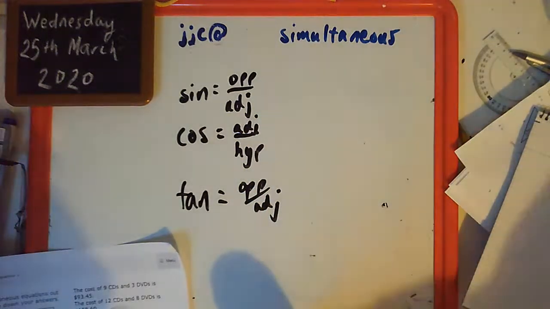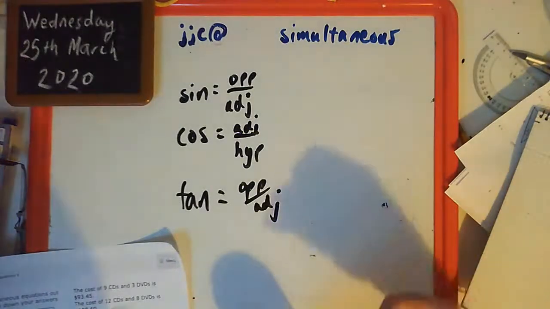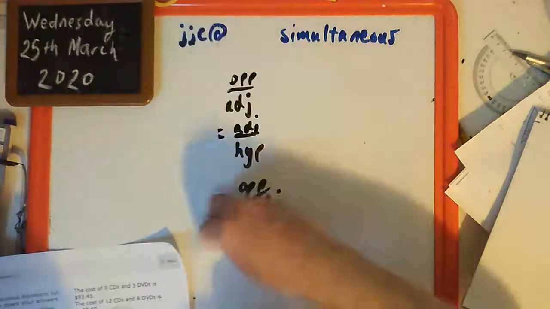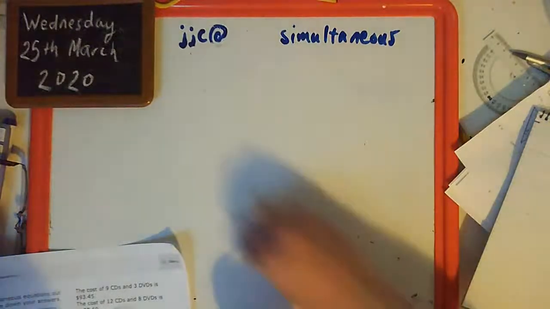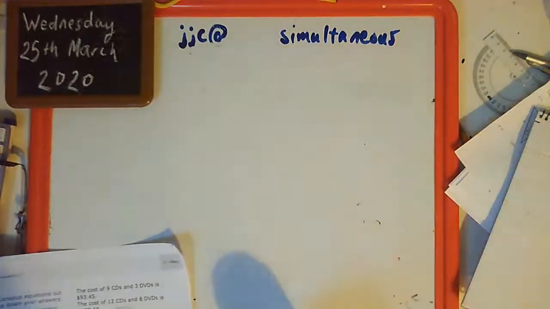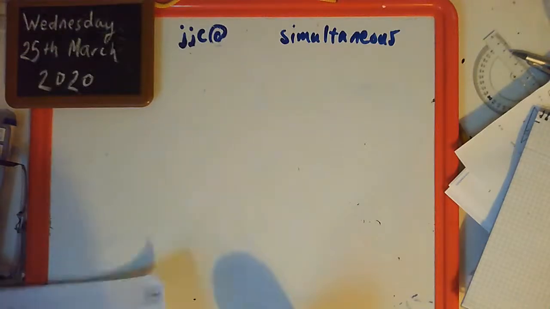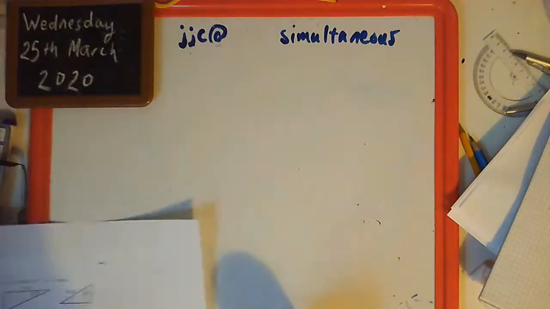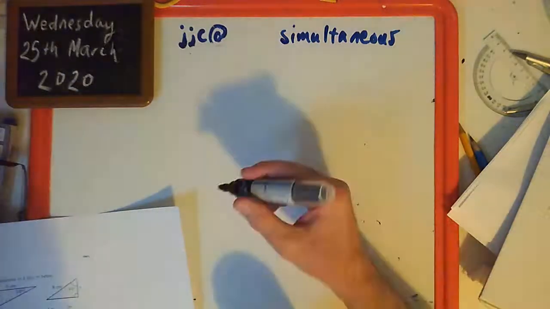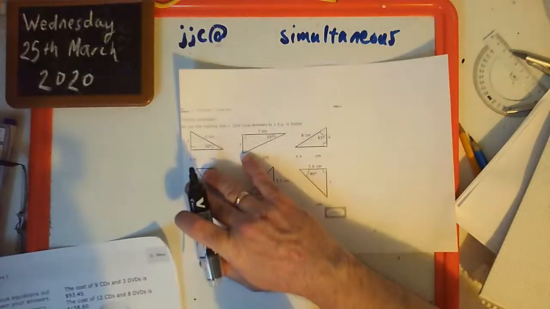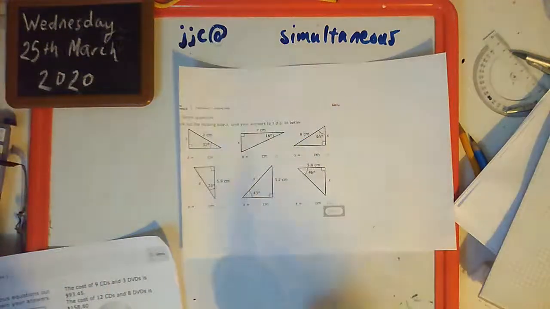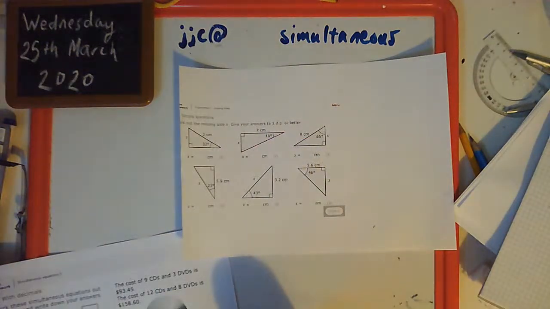adjacent. So if you happen to be younger than MYP4 watching this, then do a search for trigonometry on my YouTube channel, and you'll see 3 videos that explain it much more slowly from the start, and then you can get an idea of what on earth I'm actually talking about here. But this video is going to be more for just revision, and specifically for the iMaths tasks that I've set for MYP4. I'll probably check for any emails at this point, so let's just do that.